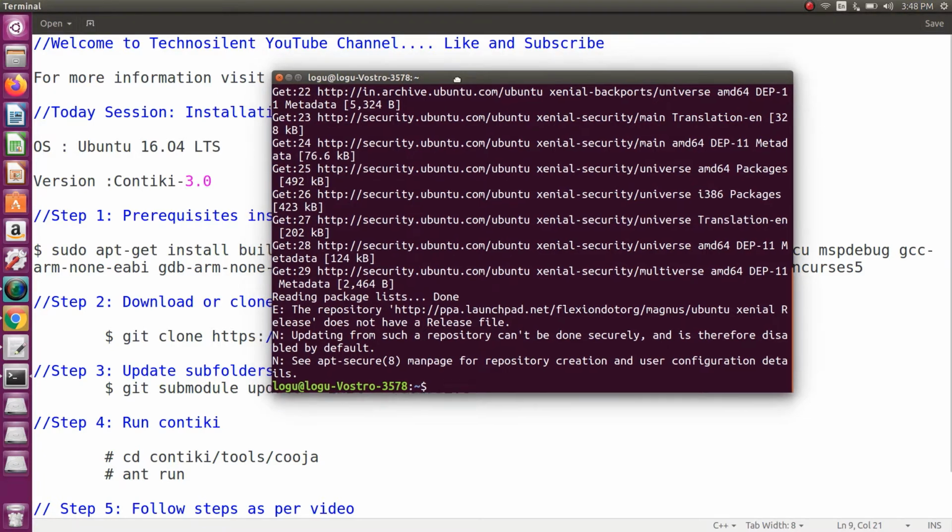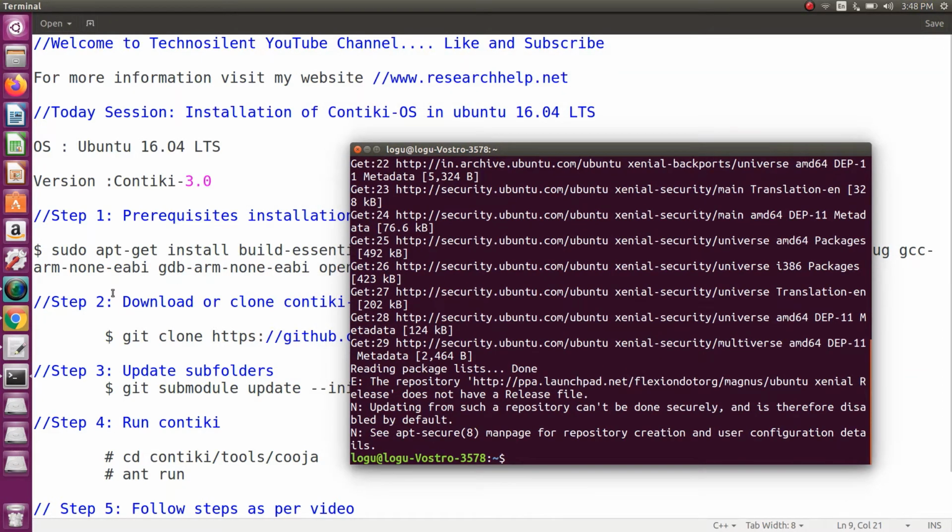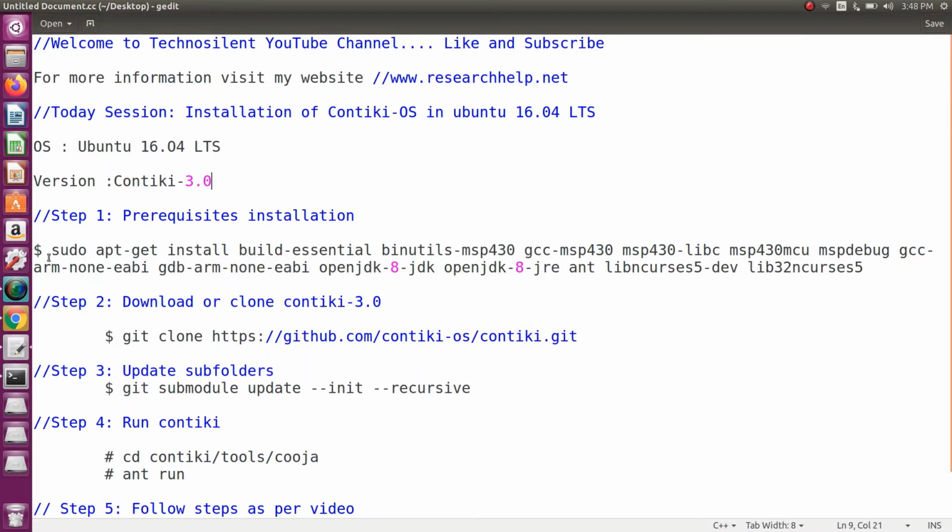Then next, you need to install some prerequisites for installing Contiki 3.0 or Contiki OS. This is step 1, prerequisites installation.